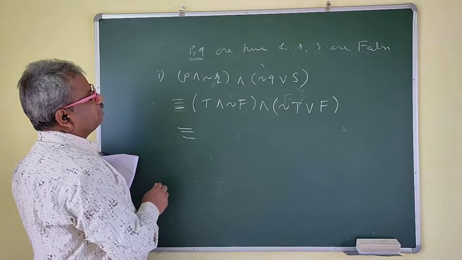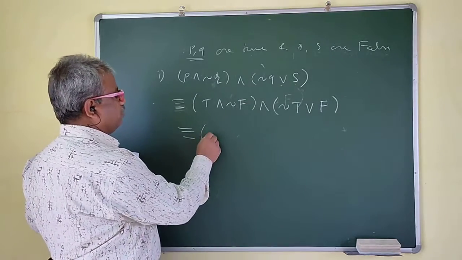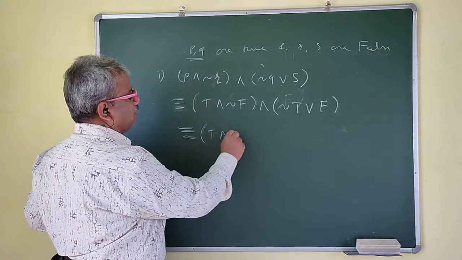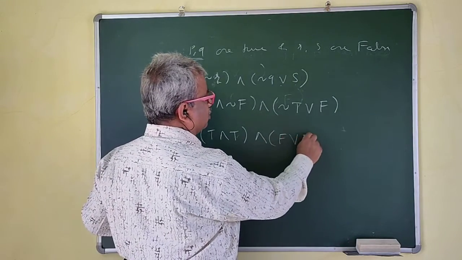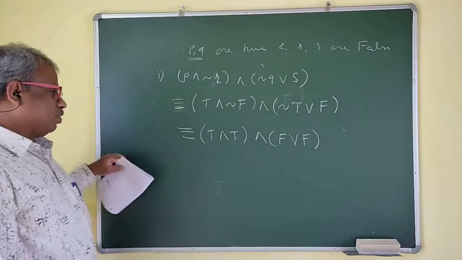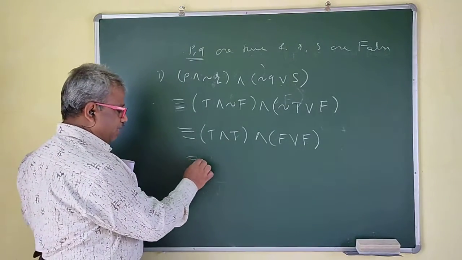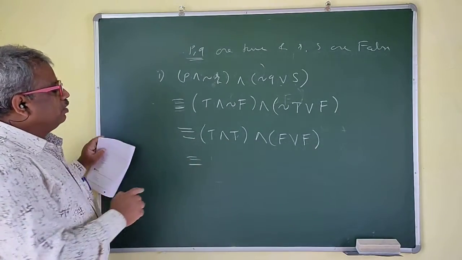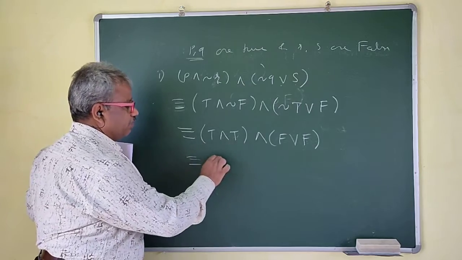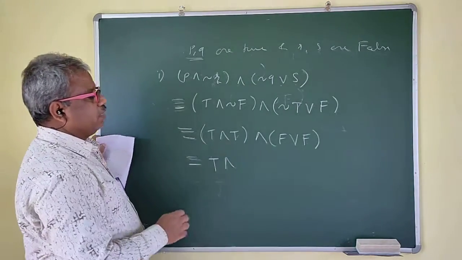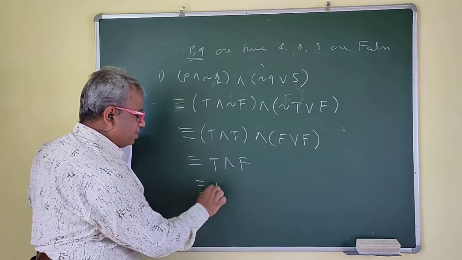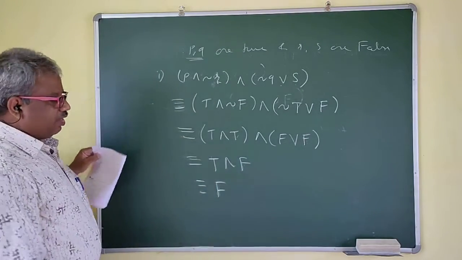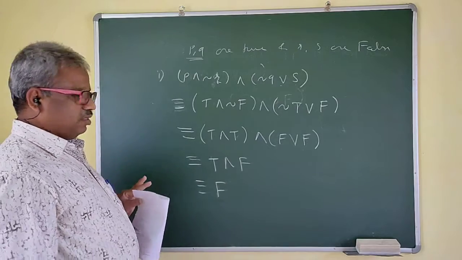So this is equivalent to, you have to write these three lines. Right? First we will solve the negations and then we will simplify this. This is T. The negation of T is false. This is false. So then we will solve the first bracket. So T and T is T. And no need for brackets now here. F or F is F. Now T and F is F. T and F is F. You should remember this table.